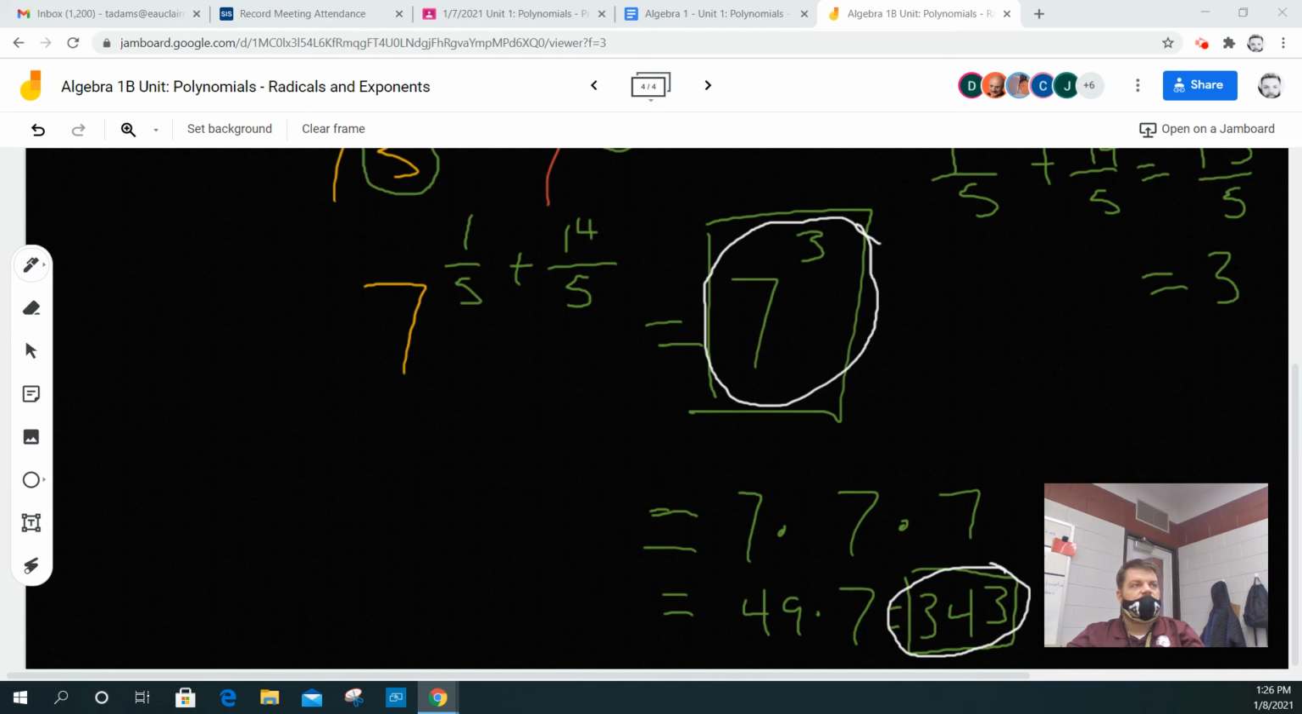And you might think, why did you do the same problem 3 different ways? Well, on the SAT, they might have you write it one way or the other way, and you need to know all